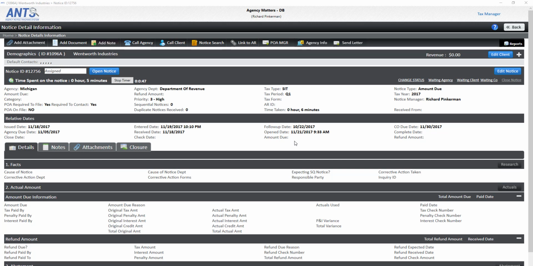Today I'll be showing you the new power of attorney management system in Ants. We're at the notice level. What you'll see here is a new option at the top, POA Management. We have three options: POA signature request from the client, attach the signed POA to Ants, and submit the POA to